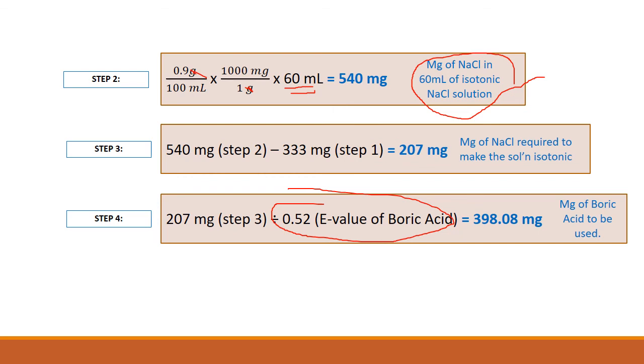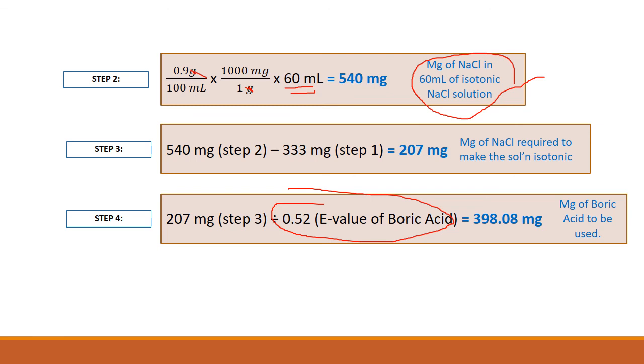That is for step 2, minus 333 milligrams. That is from your step 1. So we have 207 milligrams. So that is again for your step 3, because for step 3, you have to subtract step 2 minus step 1. And then for step 4, since you already have a value for your step 3, we have to divide by